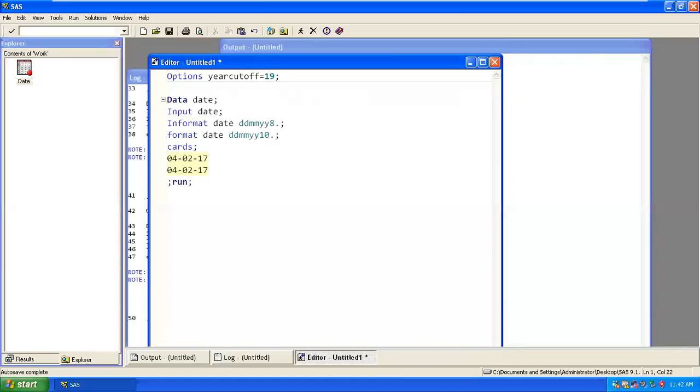Okay. So sometimes if you are working on very old data and you're trying to do an analysis based on 7 or 8 years of historical data, or even 100 years of old historical data, then you can go ahead and change these options. With the help of this, you'll be able to modify your 2 digit year, wherever the year we have.